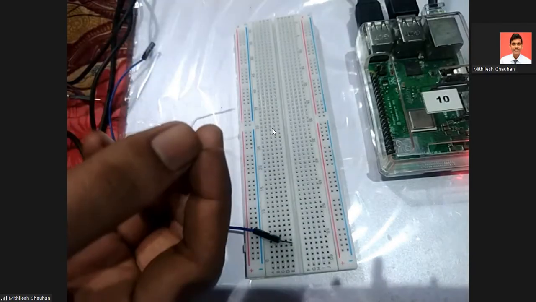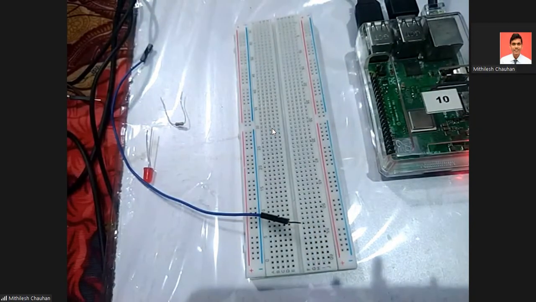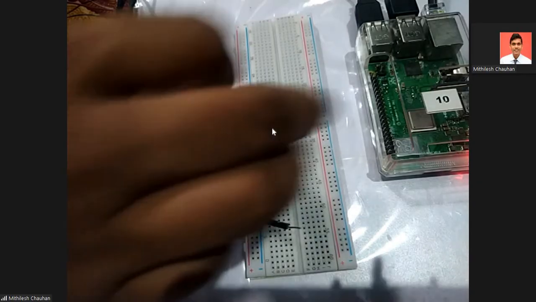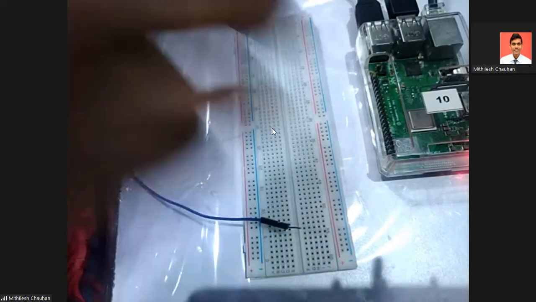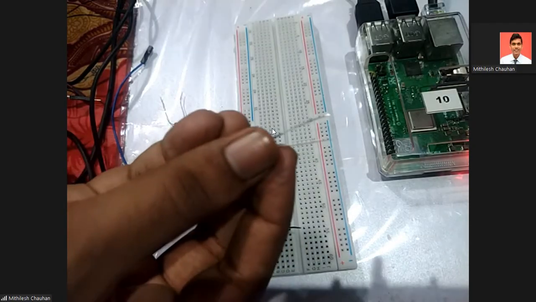Another component that we will use is a resistor. Now, this Raspberry Pi outputs a 3 or 5 volt power supply. The voltage on this pin will be either 3 or 5 volt. But your LED takes only 1 or 1.5 volt.